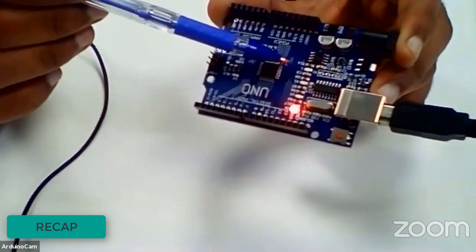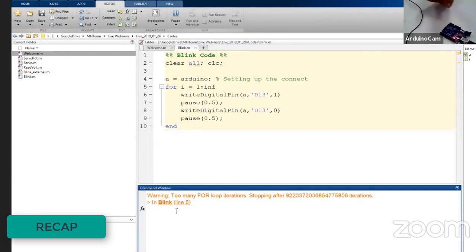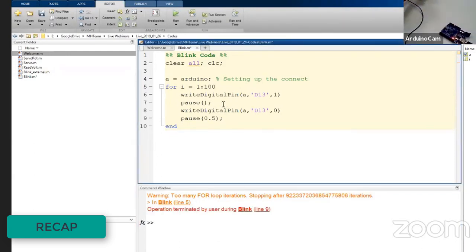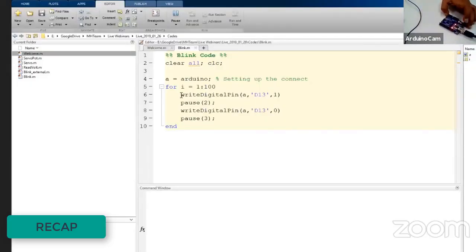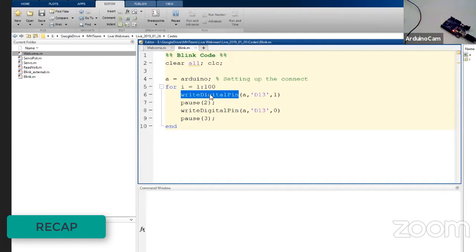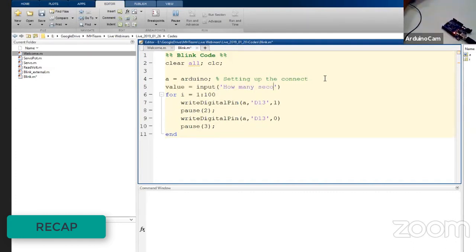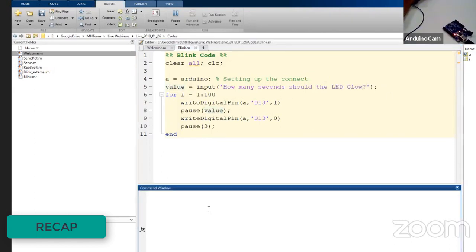Later on, we covered how to use the basic blink program to blink the onboard LED, which is at pin number 13. Then we did it for an external LED using a breadboard. We also saw a few functions wherein you can change the values of the blink delays.